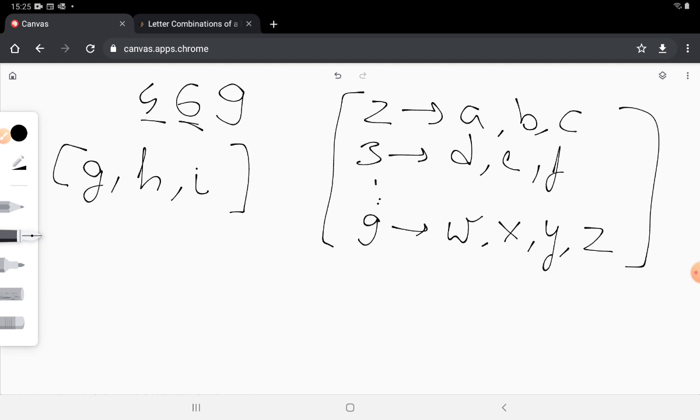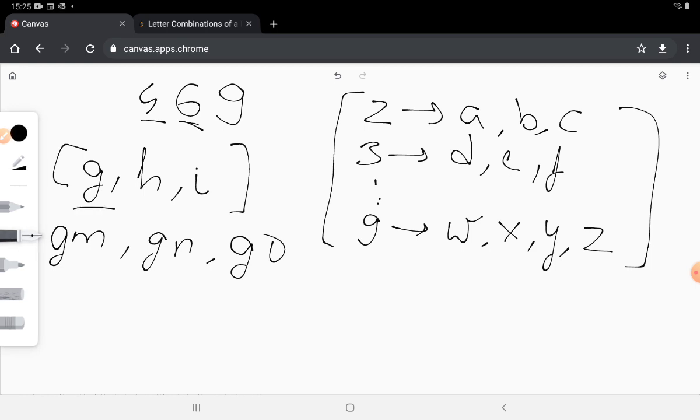We move to the next character in the input string, which is 6. Now 6 could represent M, N or O. So what we will do is that first we will take out G and append all possible letters which represent 6. So M could be 1, N could be 1 and O could be 1.